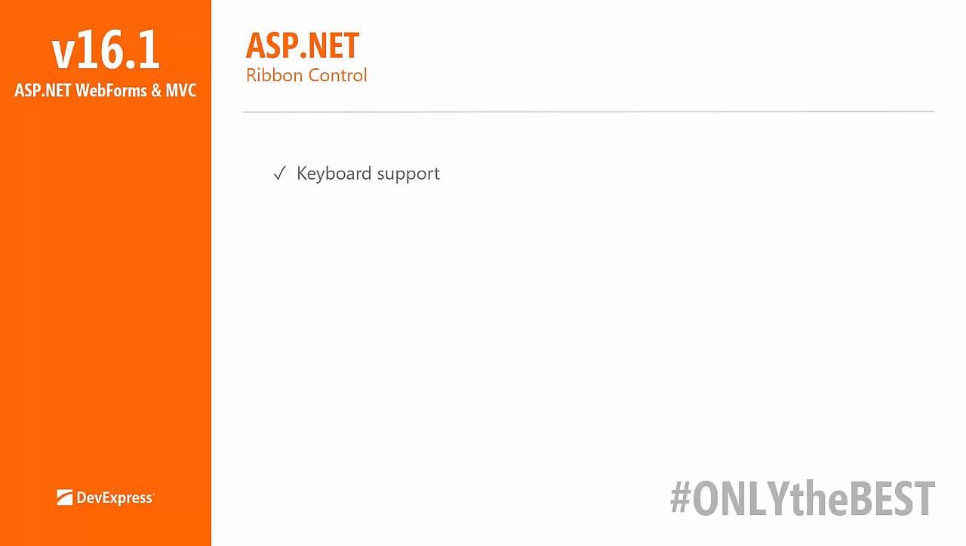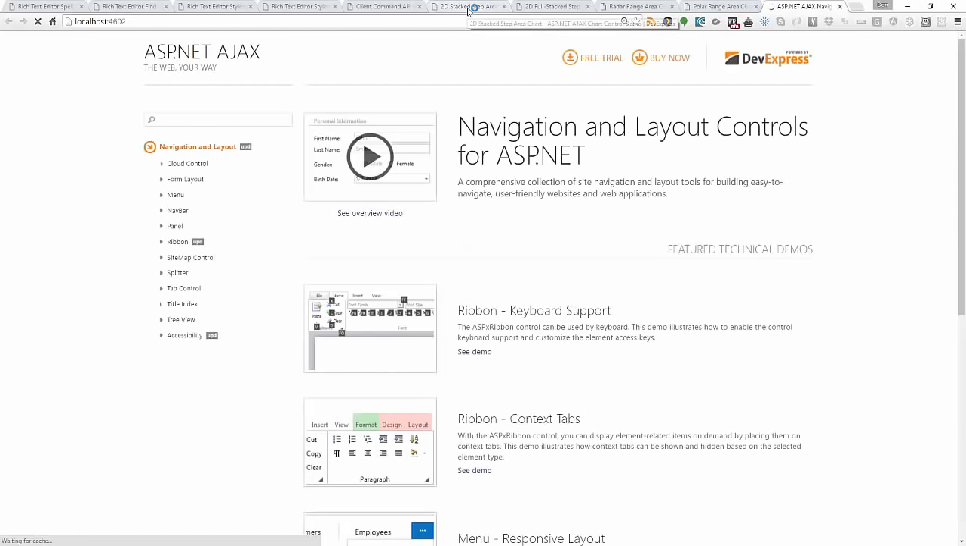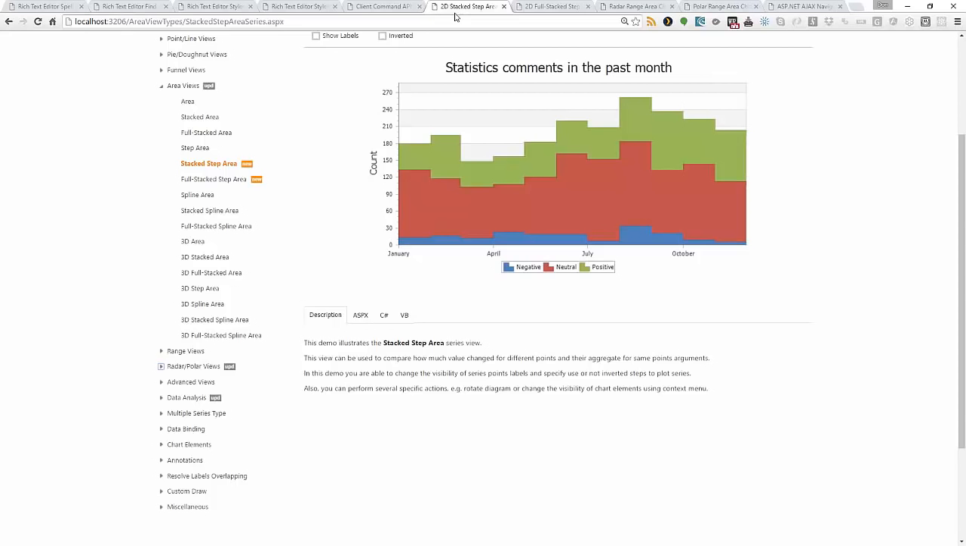So the next thing I'd like to talk about is the already overcomplete chart control. We have done a couple of new things in there as well. One of the things that we introduced in the previous release were the radar view and the polar view. We have taken that a step further, and again I'm going to show it in a demo because that makes the most sense. We now have a number of series which we call a stacked step area, and